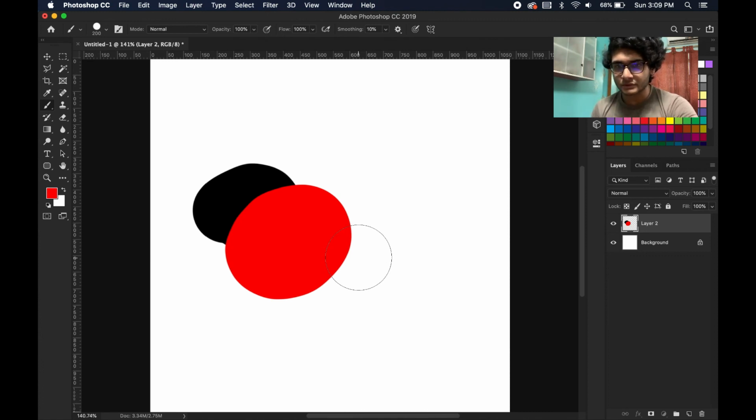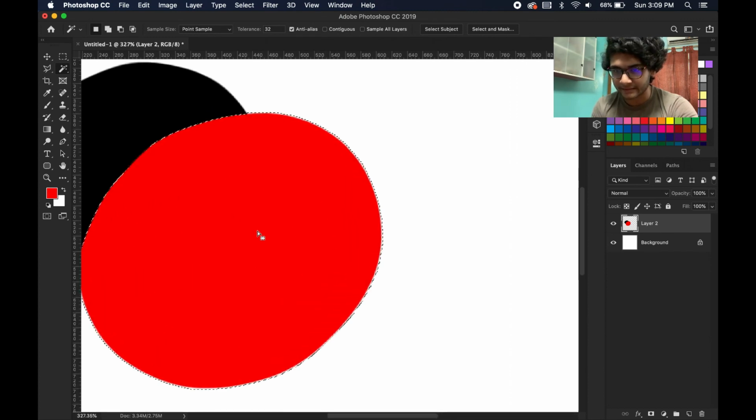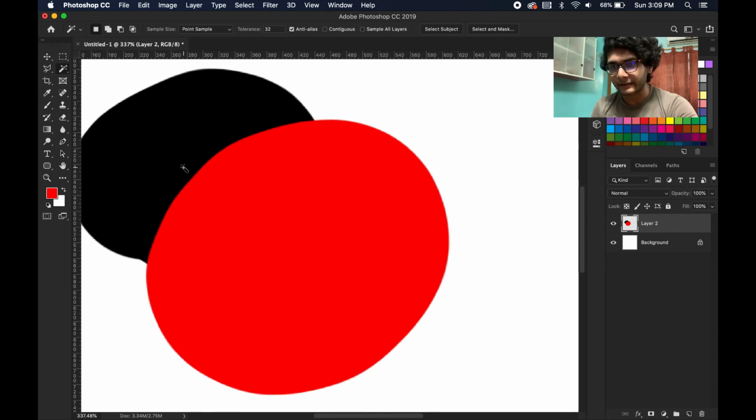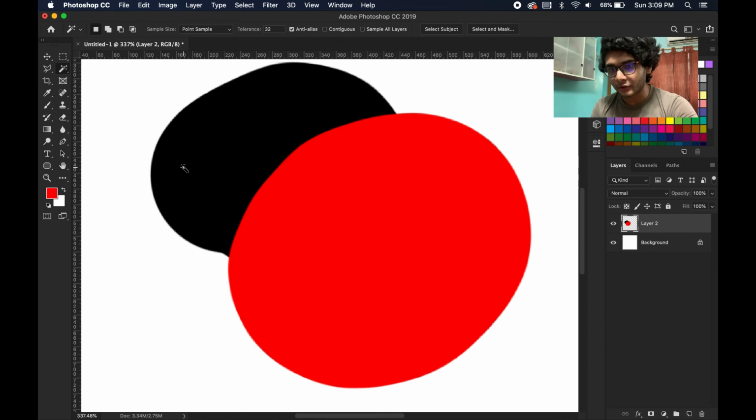If I choose the magic wand tool and just click here, you can see the red color is selected. I don't know if you can see it on the screen, but only the red color is selected. Now press Ctrl D to deselect it, or Command D on a Mac. If I tap on the black part, then the black part is selected.